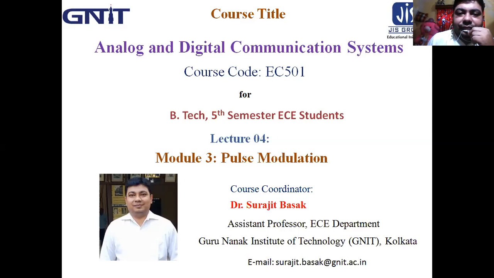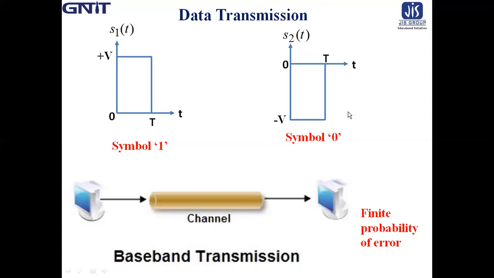Now today we are starting another chapter in the third module, that is data transmission. So let's start data transmission. A data transmission system using binary encoding transmits a sequence of binary digits, that is 1s and 0s. Now these digits may be represented in a number of ways.